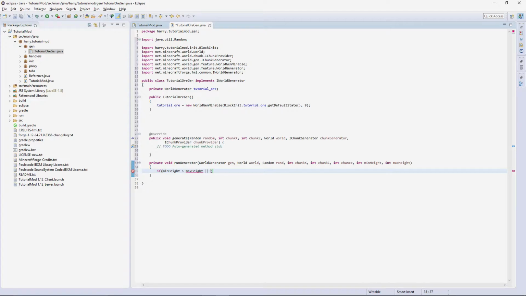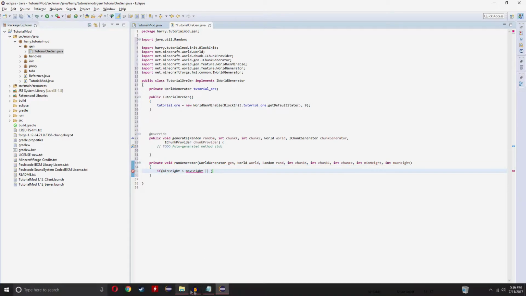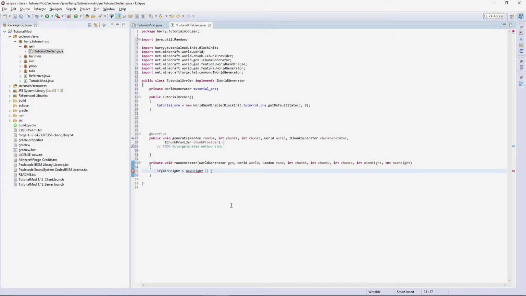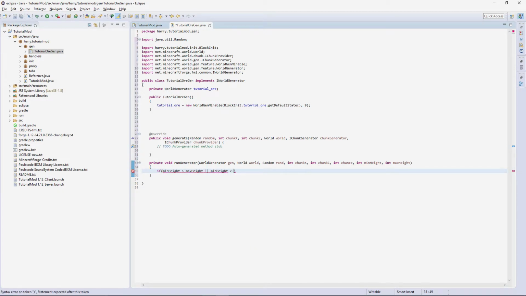If you do 2 of these in Java, it means an OR function. So if it's this, or it's this. So obviously we can't generate something lower than 0. So if or min height is less than 0, or max height is greater than 256, which is the Minecraft block limit, we are going to give an error,